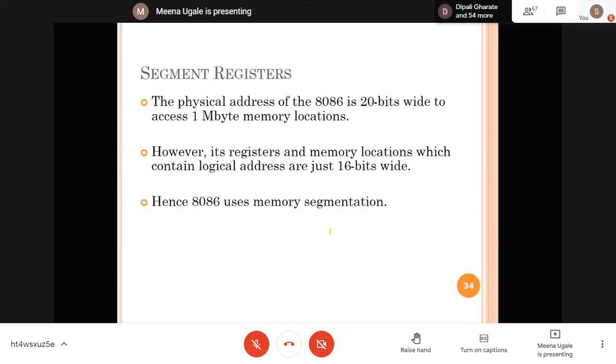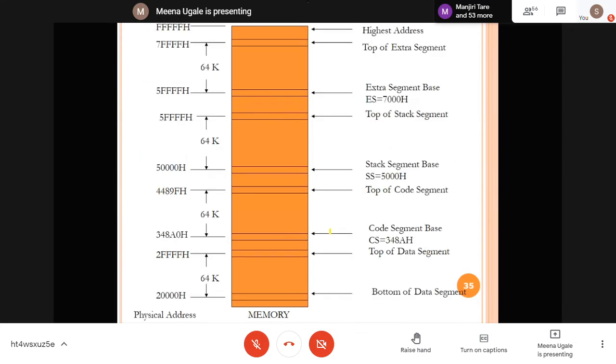In the features we have said it has a 20-bit address bus. So this 20-bit address bus indicates that when you write 2 raised to 20, it comes to 1 megabyte of memory locations. What it means is that the 8086 can address that many memory locations, available for writing your program. That much memory is given to you. But all our registers, we are saying, are only 16 bits wide. So how do we handle that? There is a concept of logical and physical address. What is that? We will see.